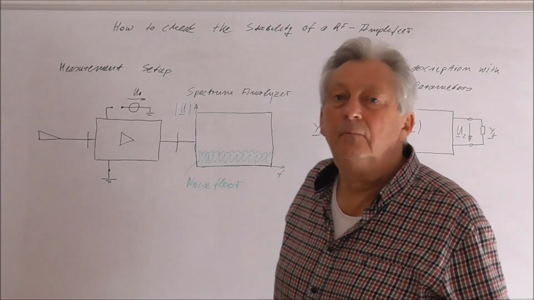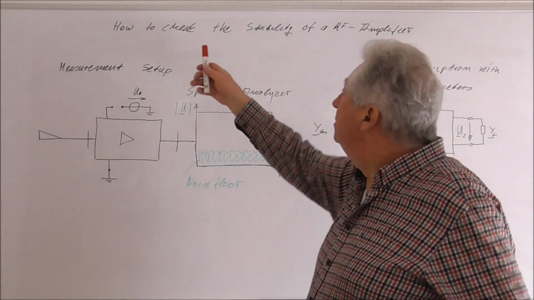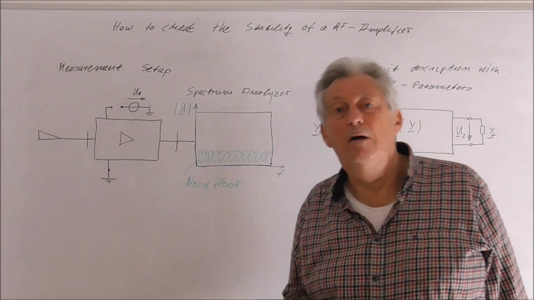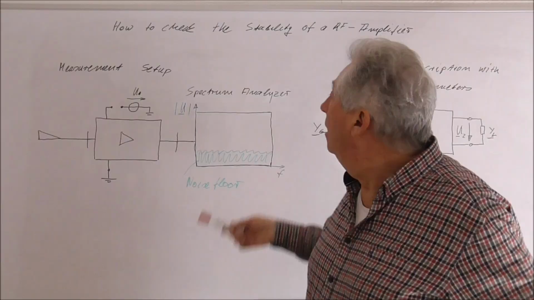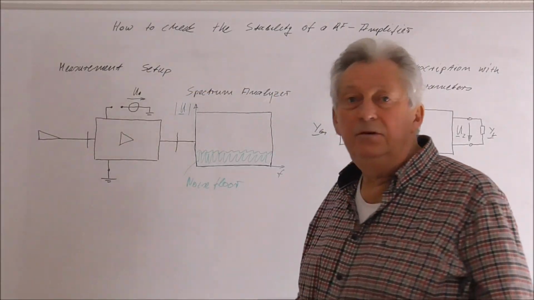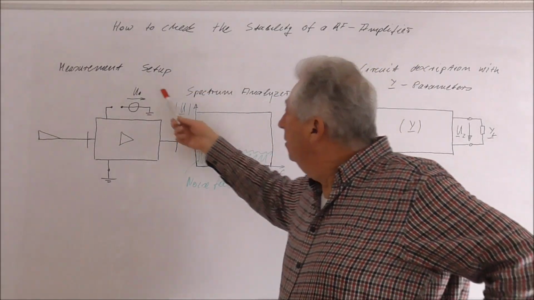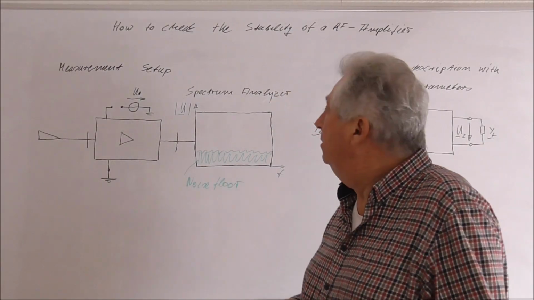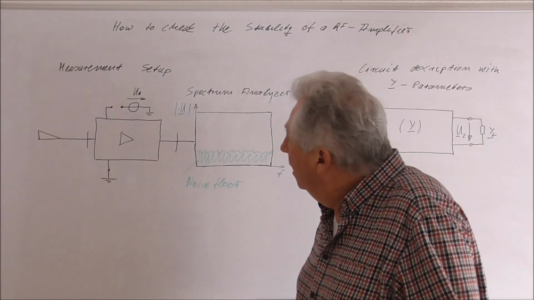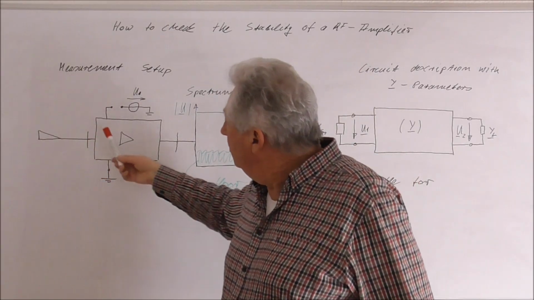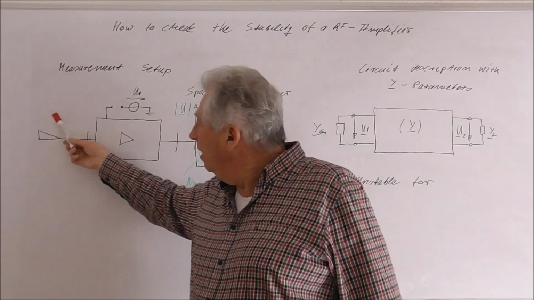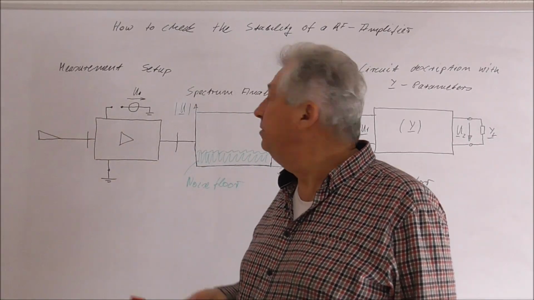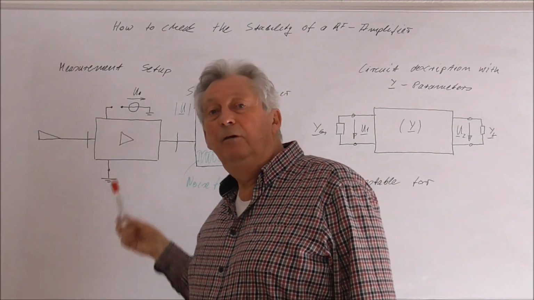Hello together. Today I want to discuss with you the problem of how to check the stability of an RF amplifier. Here I sketched a measurement setup. As the central element we have our RF amplifier or an active device, and the input of the RF amplifier is terminated. So if we use a 50 ohm system, we would have a 50 ohm